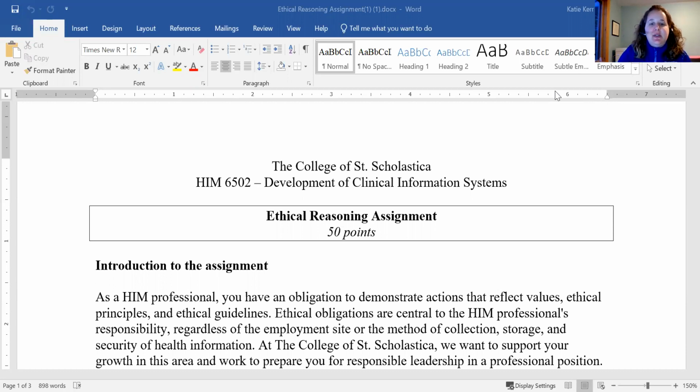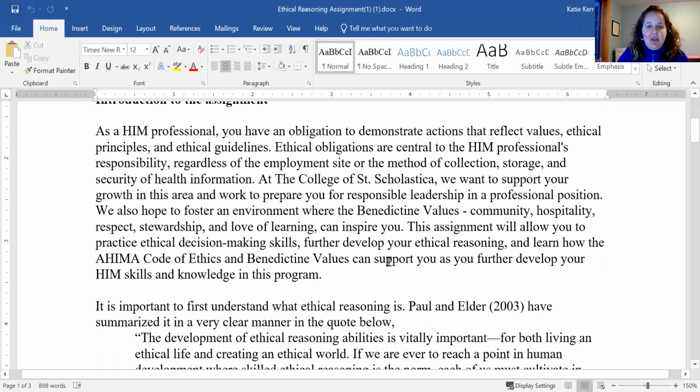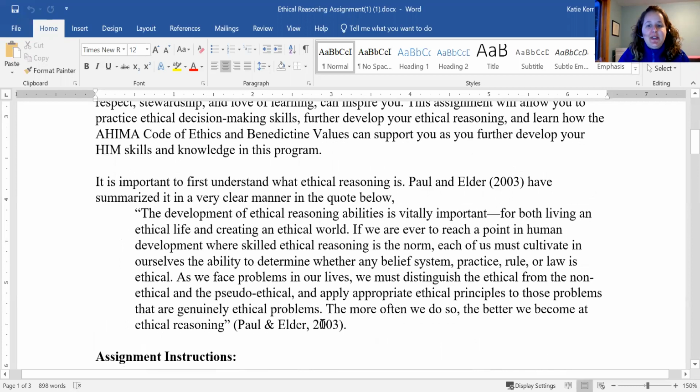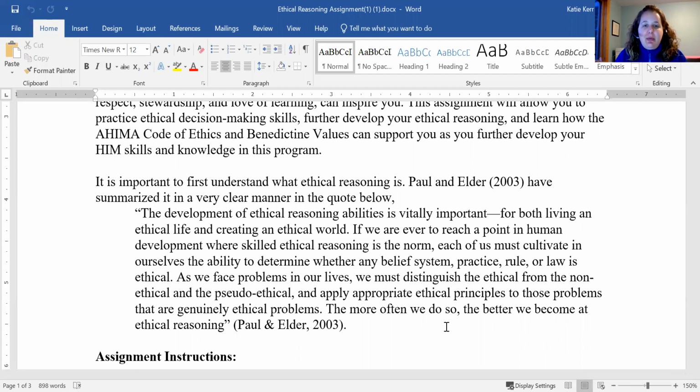Okay, so I'm not going to read this introduction to the assignment to you, but it pretty much sums up my thoughts on why ethical reasoning is an important aspect of our curriculum, and I think why it should be an important thing to you as well. And there is a definition here that I found. I just wanted to comment a little bit on the fact that those of you working in healthcare are probably very well aware of the ethical dilemmas that can present themselves. But I think it's also important to consider some of the ethical dilemmas that might present themselves in our own personal life, whether it's